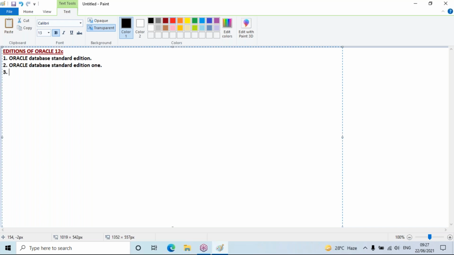But the DBA, who is the one who maintains your database and the server of your database, should know in depth about every edition. But for us, names are enough. Third, Oracle Database Standard Edition 2. Fourth, Oracle Database